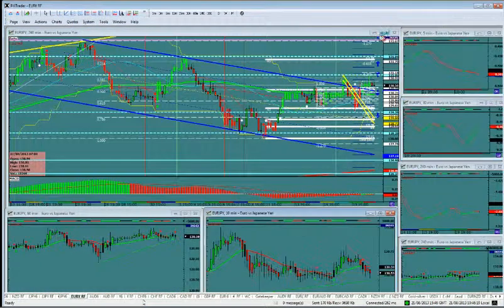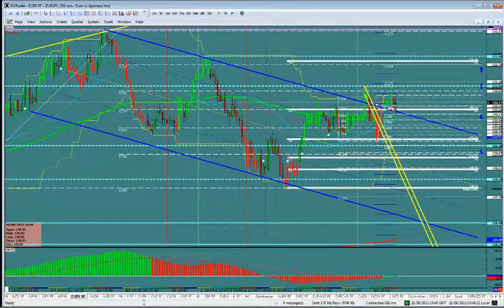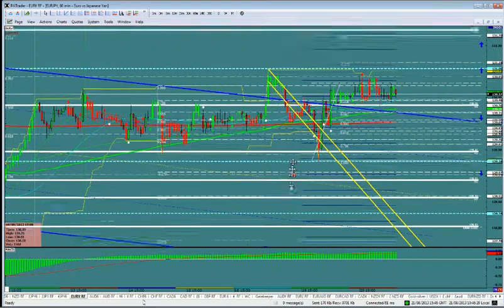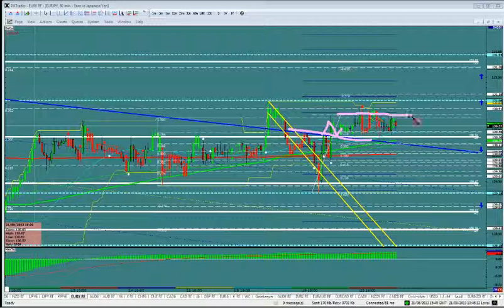Euro yen. Euro yen is broken out of this downtrend. It's pretty well built. It's broken down and doing a sideways move. Okay, so let's take it down to 60 so we can see that. A lot of fibs on here, but that's okay. So here's the old trend. We broke, we hooked, and then we went nowhere. We got a sideways move, which is the pole. We got in it from here, so we're going to look for it to come up to here. So there's a target up there, and it's